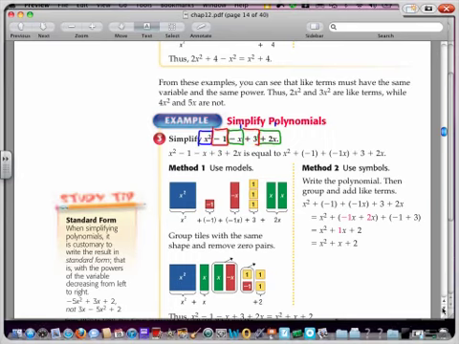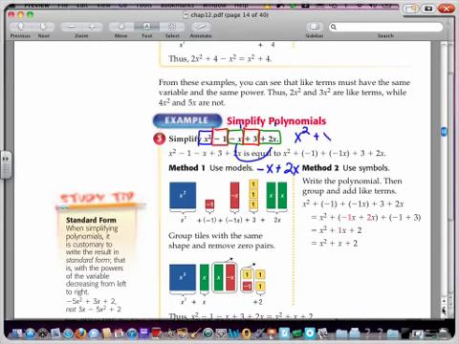So, you know, they've got their pretty colors, I've got my pretty colors. Now, let's put these numbers and colors together. So the blue, my x squared, there's only one, so I'm going to start with that. And usually when we write, we start with the biggest power, so we're going to start with x squared. All right, so then I've got to combine these terms. So negative x plus 2x. So negative donut plus 2 donuts would give me 1 donut